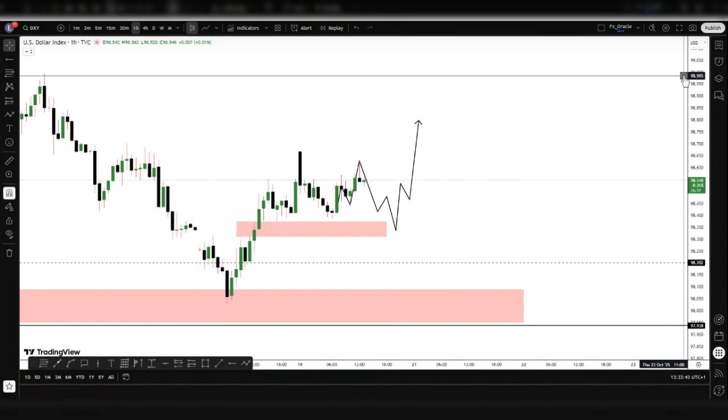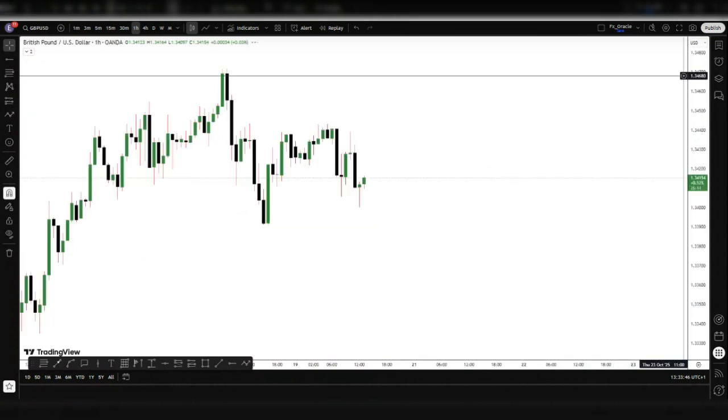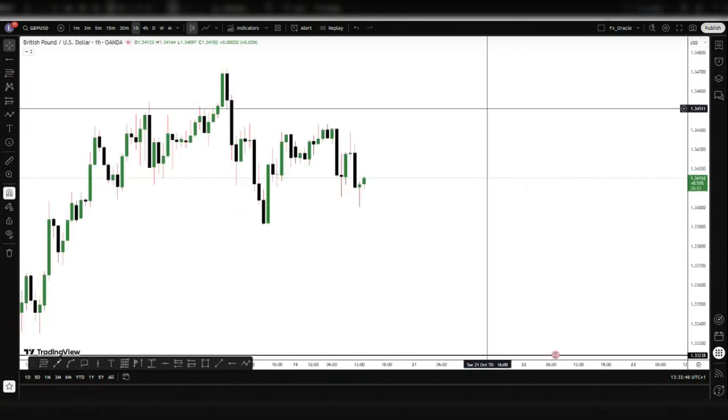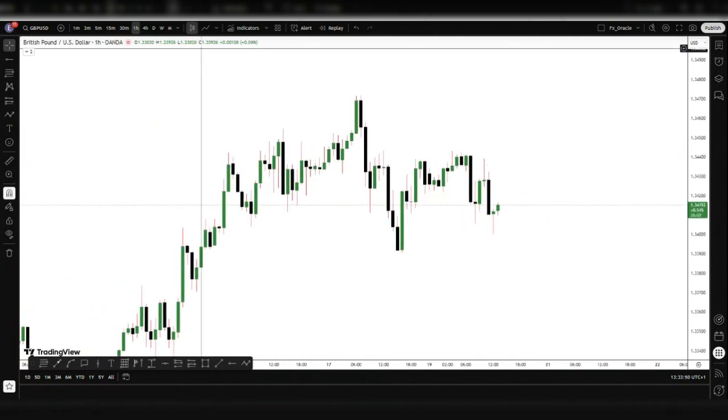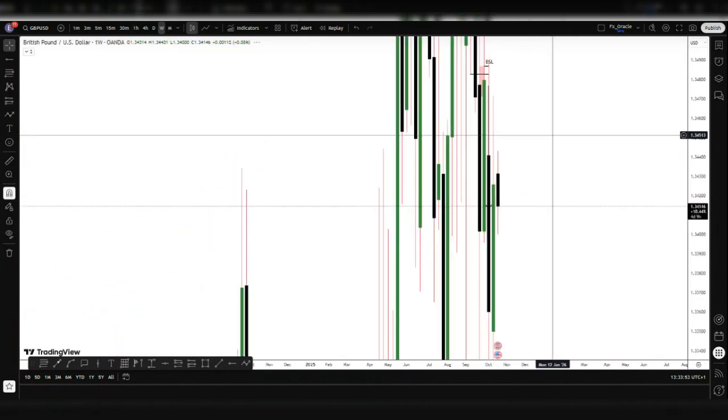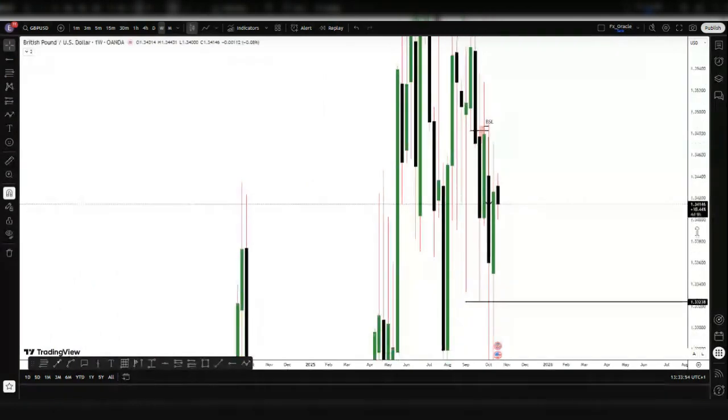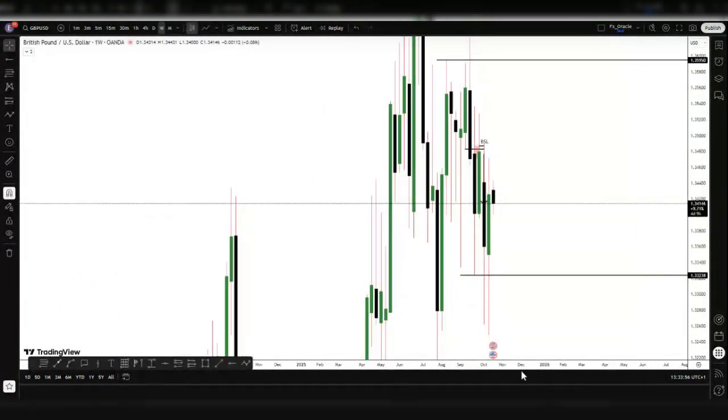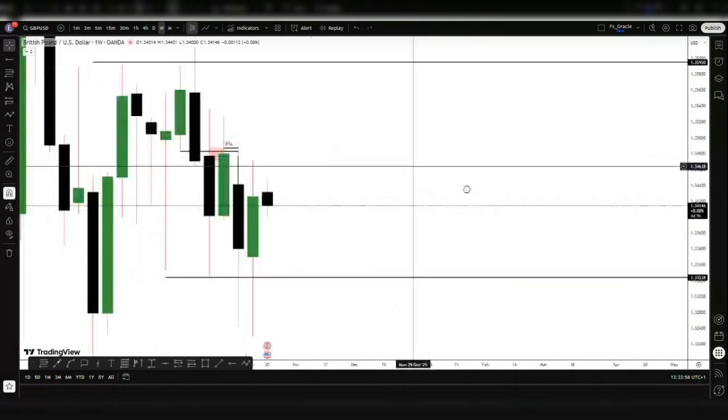So if the dollar index is to buy, then we anticipate that Euro USD and GBP USD should be selling. Same thing goes for them. So let's start from the weekly time frame and see what we have on the weekly time frame. Now on Euro USD,